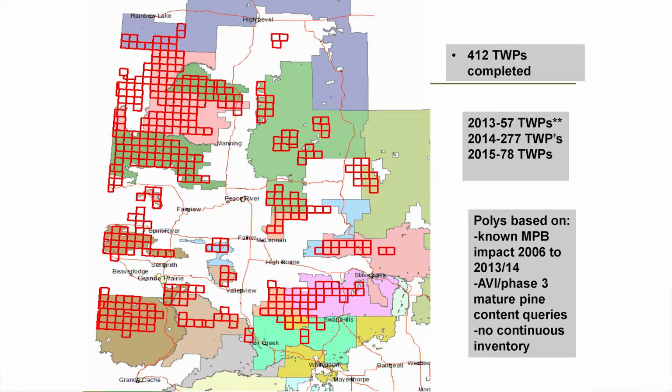It's important to note that it's cumulative impact. It's not just the last couple of years of mortality. It's everything that's died to date. And also of note, it's what's left on the landscape. Canfor and other companies have done a very good job of going out there and logging as much of it as they can. So this is what's left after wildfire, after you delete those areas that are private land, after you take out the couple of layers that we have, all that kind of stuff. So that's what's left on the landscape.